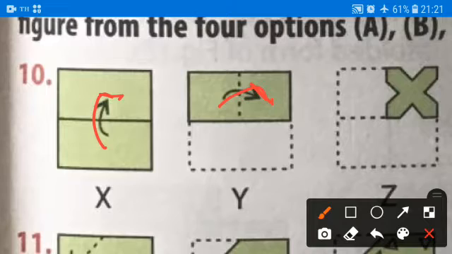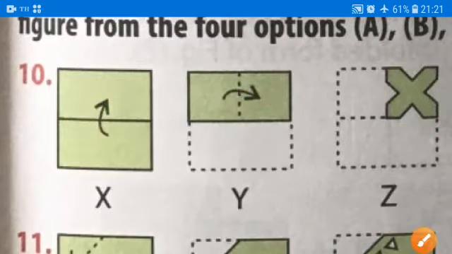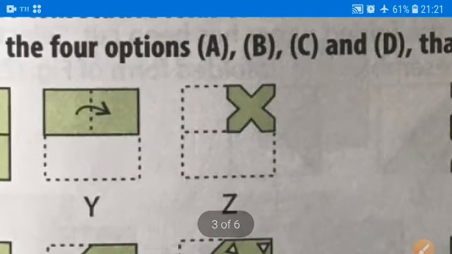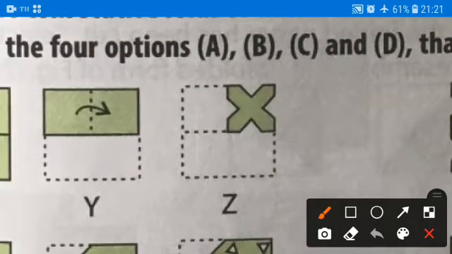After folding it, we will get a figure like a fold of 1/4 like this. In that we have to cut the paper, and after cutting it we have to open it. First it will be opened here, this figure will be opened here, so it will become the same replica, the same mirror image of this will be here.